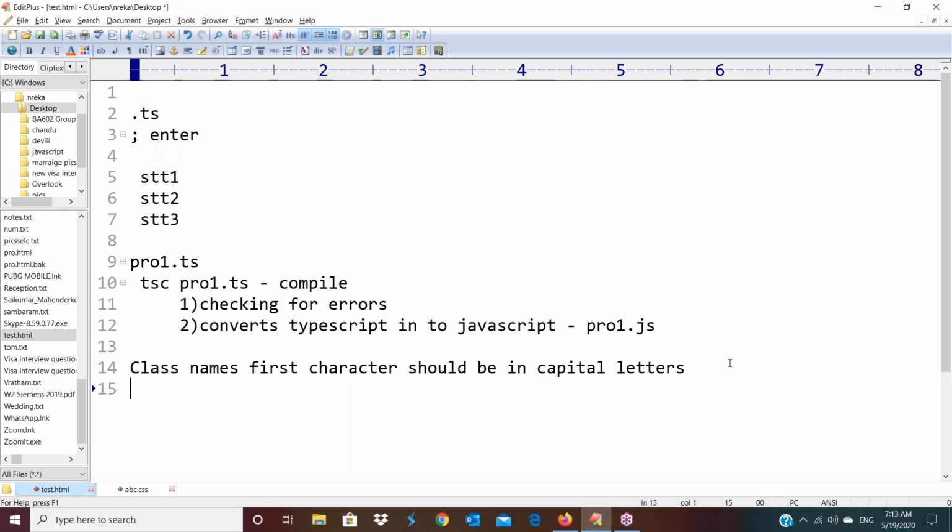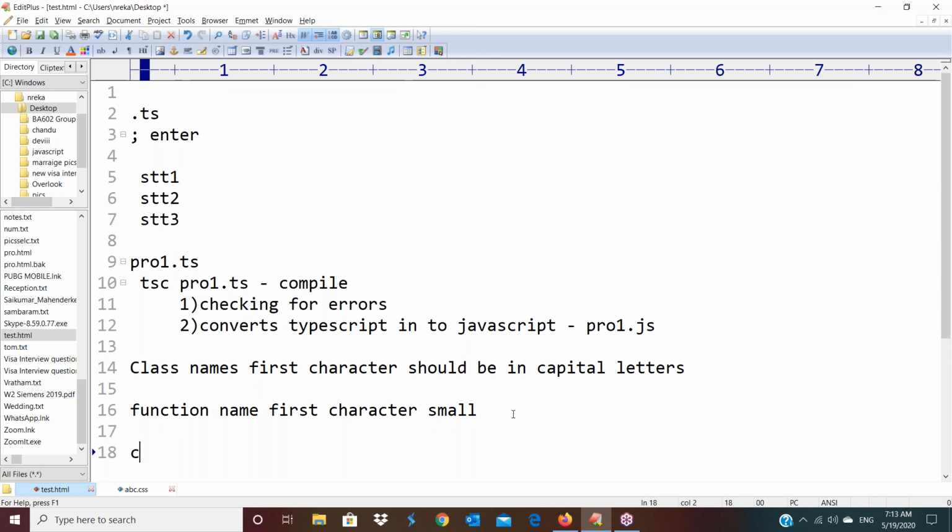And here function names, first character small. So this is just one following method, that's all. Even if you use a small letter for the first character of a class name, that is not an issue. But according to the standards, every class should start with a capital letter and function should start with a small letter,